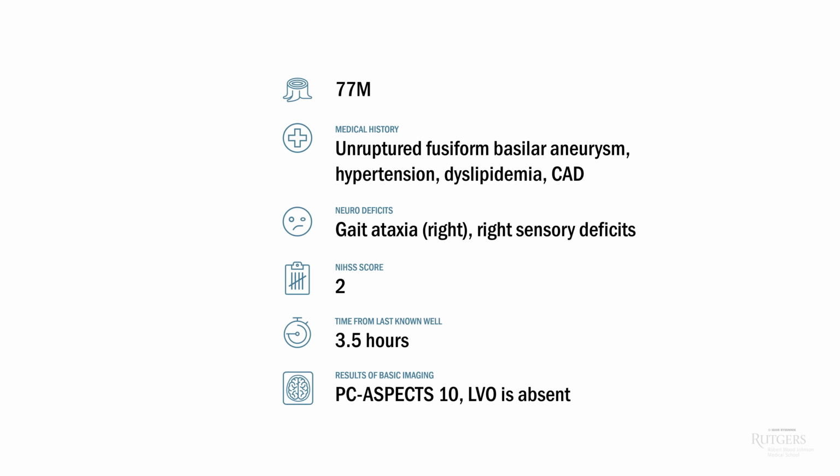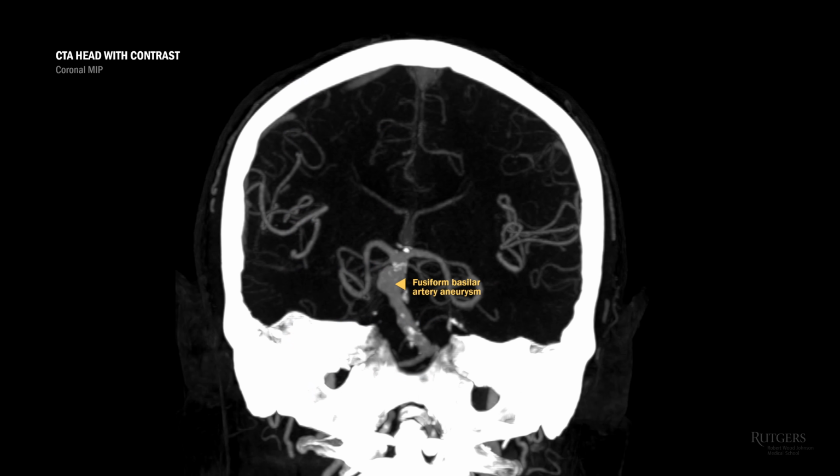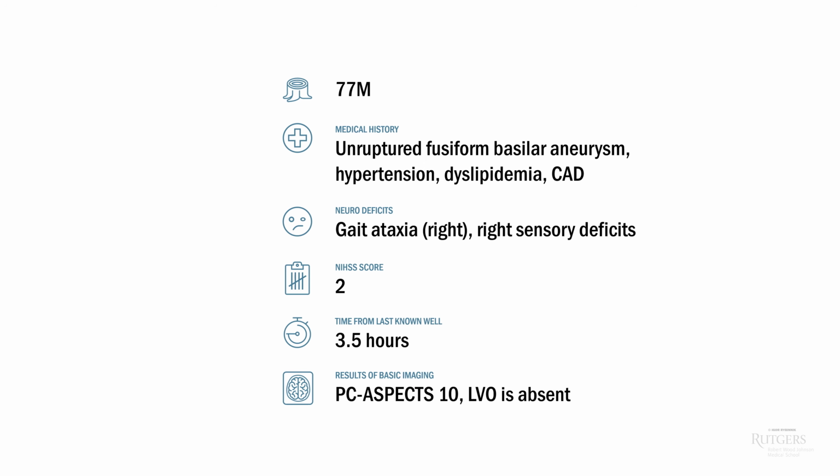77-year-old man with unruptured fusiform basilar aneurysm. The aneurysm has been stable on serial scans for the past 2 years. He also has hypertension, dyslipidemia, and heart disease. He had no deficits when he went to sleep at 11 p.m. He woke up at 2:30 a.m., tried to go to the bathroom, and noticed some gait ataxia and tingling in